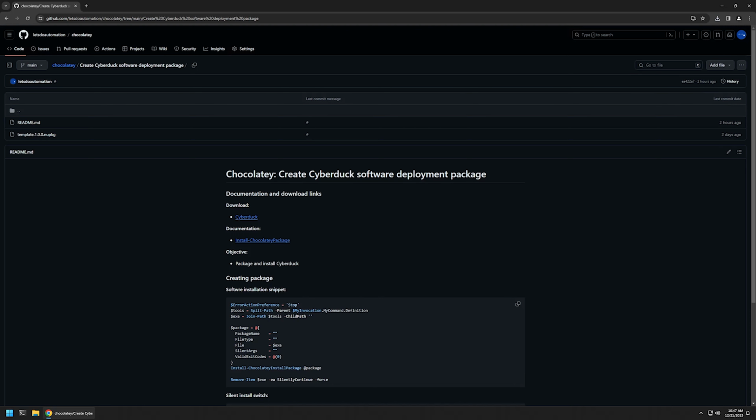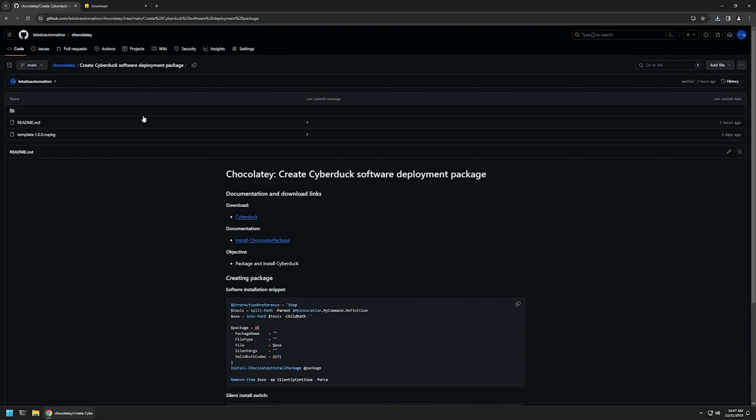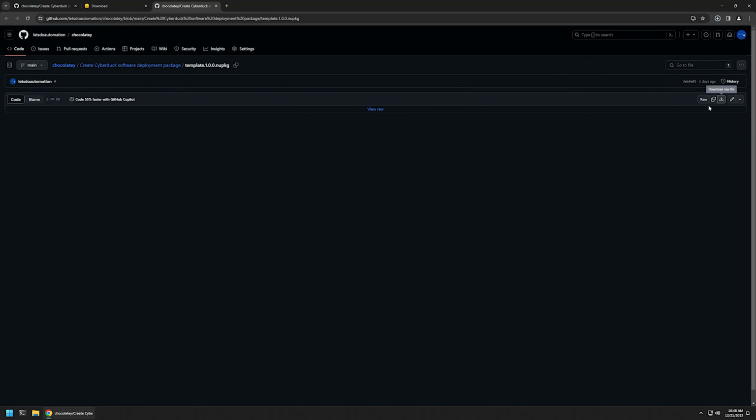And now I'll begin this video by downloading all the necessary files for my package, and I will start with the installation file. And for that, I will click on the link that I have here. That brings me to the Cyberduck download page. Here, I will click on Cyberduck for Windows to start the download, and I will go back to my GitHub page. Because here I have this NuGet package called template, and I will be using it to create my Chocolatey package. I will click on the file, then I will click on the button right here to download the package,